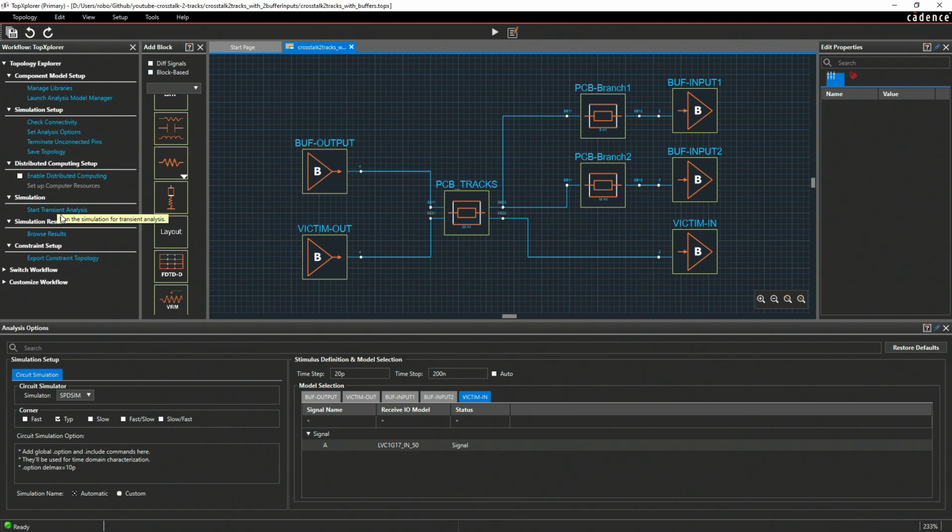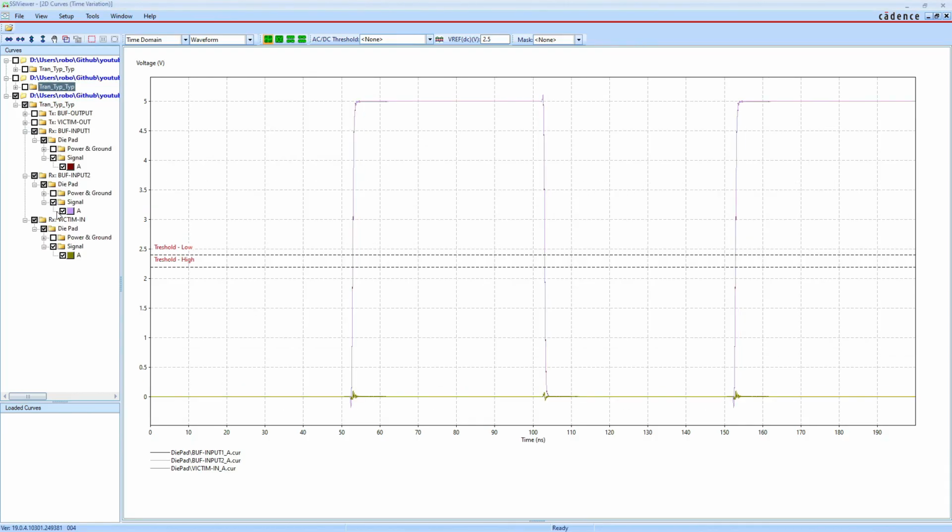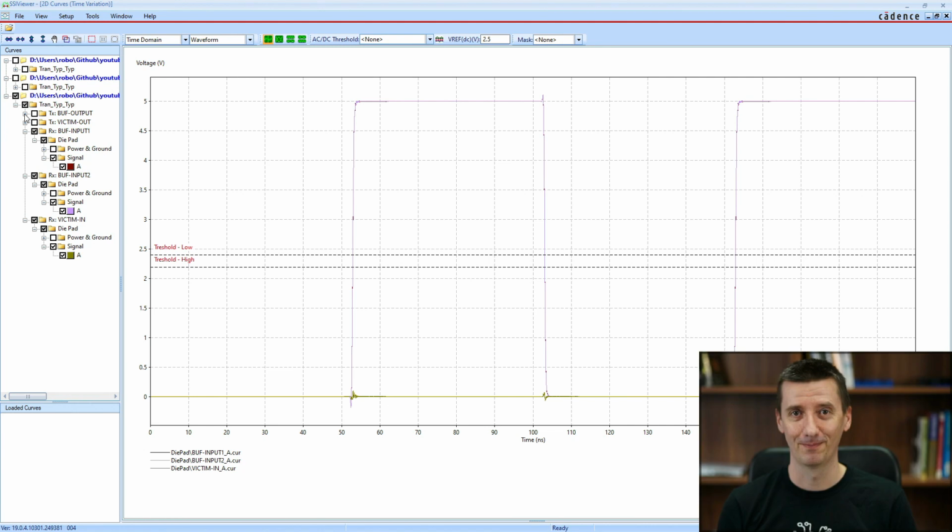I'm going to start the simulation. Miracle! Even with no series termination resistor, with two-layer PCB, no impedance matching, no 50 ohm routing, we are getting perfect signal.